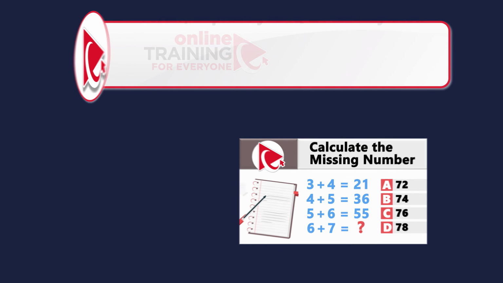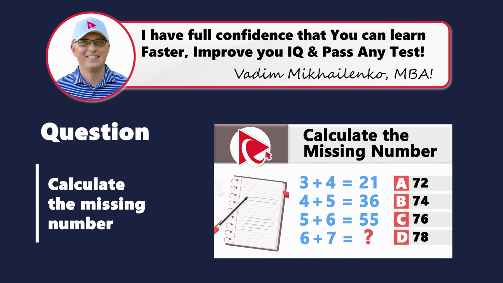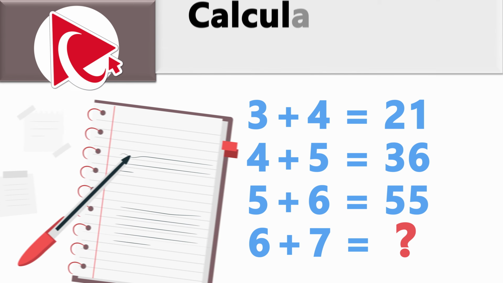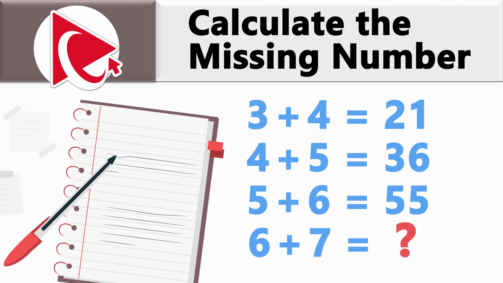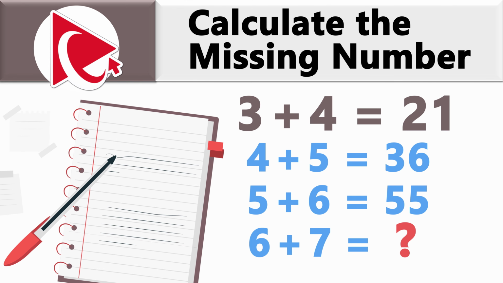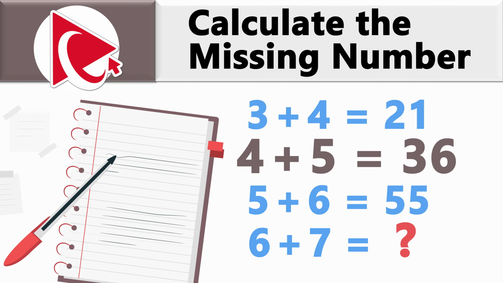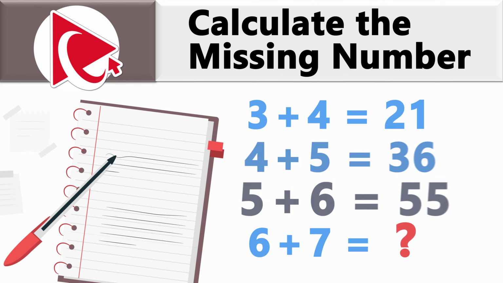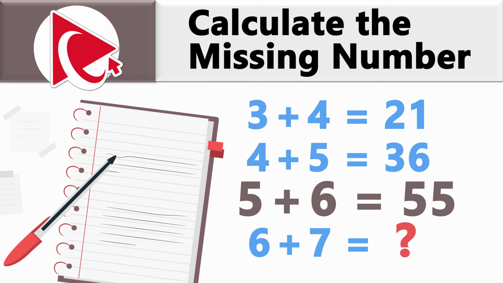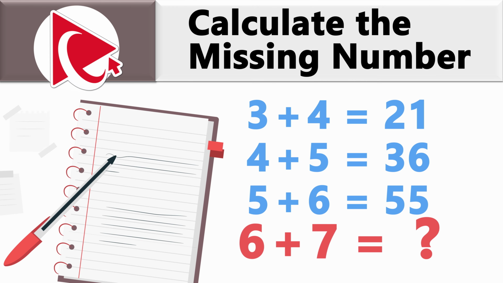Get ready to rock your brain muscles. This question is so challenging that even Siri asked for help. You're presented with a series of equations. The first equation is 3 plus 4 equals 21. The second equation is 4 plus 5 equals 36. The third equation is 5 plus 6 equals 55. And then the last equation, 6 plus 7 equals, and this is where you need to rock your brain muscles,